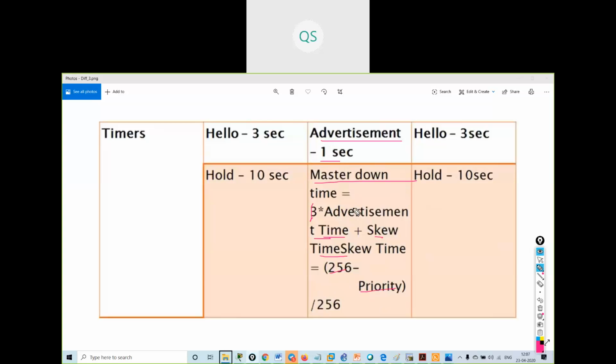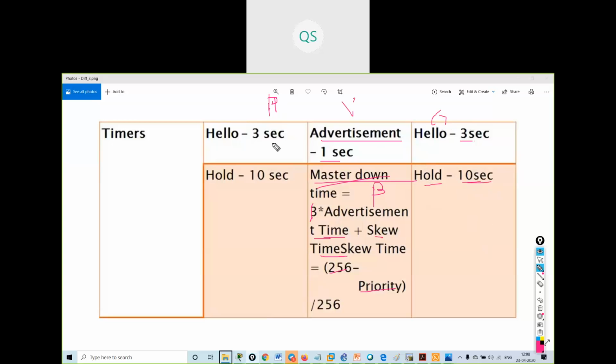This gives the time to select the backup router if the master is down. The hold time in GLBP, this is GLBP, this is VRRP, and this is HSRP, is 10 seconds.